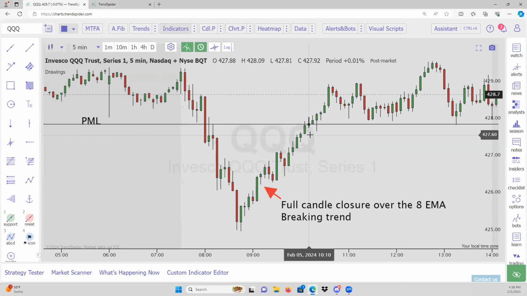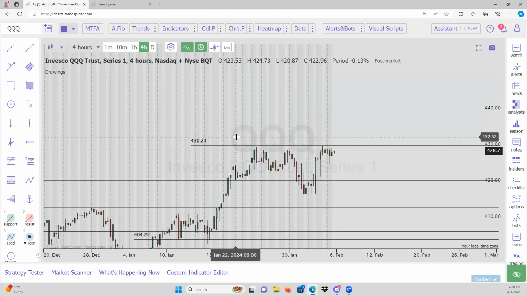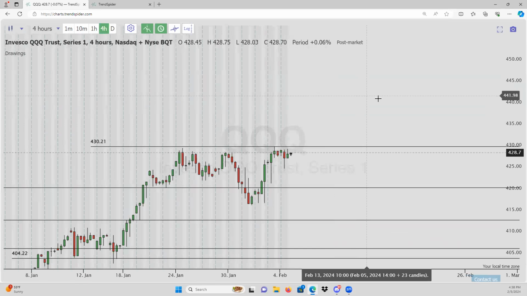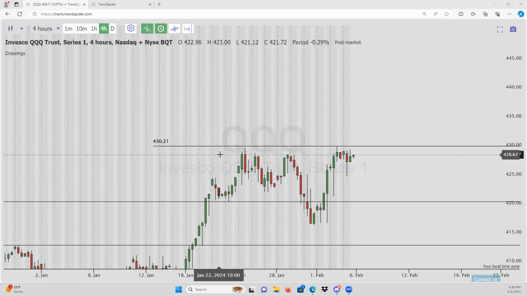What we always want to look at is the higher time frames. What are the higher time frames looking like? Well, from Sunday's watch, we were watching 428, 430 to reject as supply. We could see here we had one, two, three, four touches into supply. Can't get over 420 between 428 and 430, there is some heavy supply. Now we had a V-shaped recovery back into it, but that's still supply until we break over this 430 level.